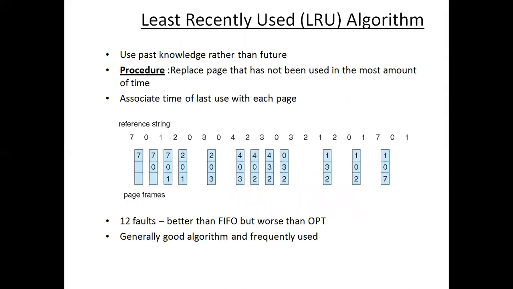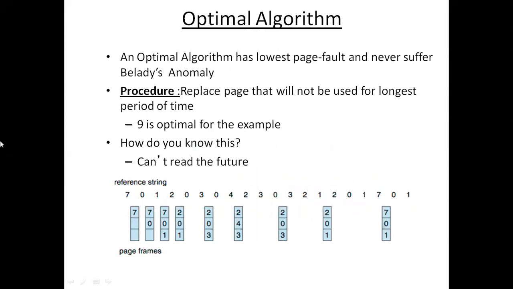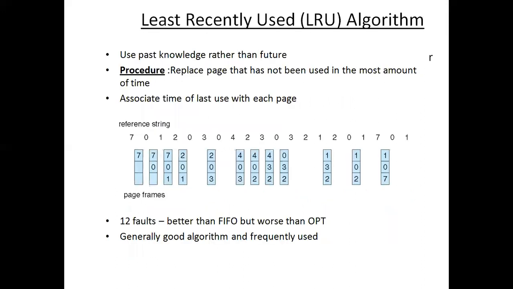Now, there was one drawback we had. You really don't know what pages would be asked in the future. Here I've put up saying that this is the sequence that the processor wants. But you really would not know what kind of sequence the processor would look up. In that case, we make use of another algorithm called the least recently used algorithm. So if the optimal algorithm is not feasible, perhaps the alternative approximation is least recently used.